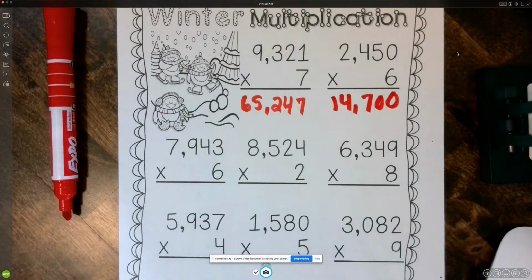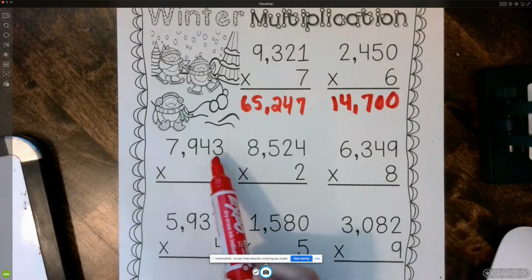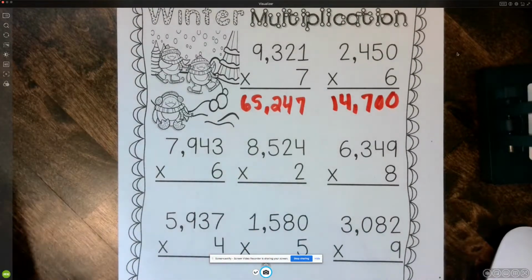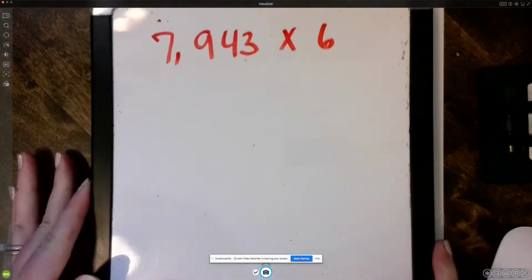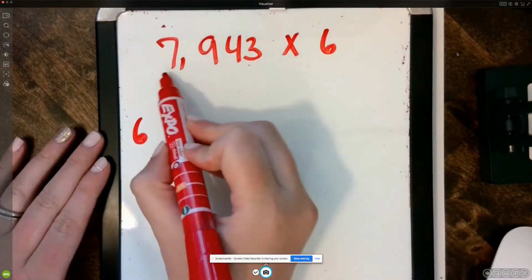Now let's do the next one. Number 3 is 7,943 times 6. So I write this down, 7,943 times 6. Bring my board back out for you. So I put my 6 here, and then I'm expanding